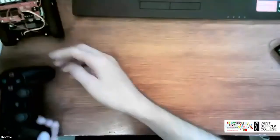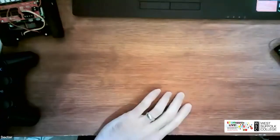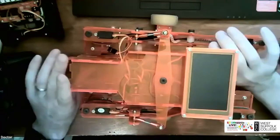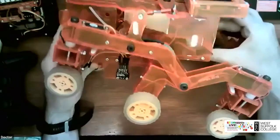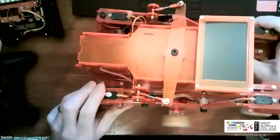And if you outgrow kit robots, once you've got the basic principles, you can start doing what I do for my hobby, which is you can start to design and build your own robots from scratch. So this is the competition robot that I built for the Pi Wars competition, and it is based on the Mars rover, Curiosity rover. So it has this rocker bogie suspension, which means that as one side of the robot